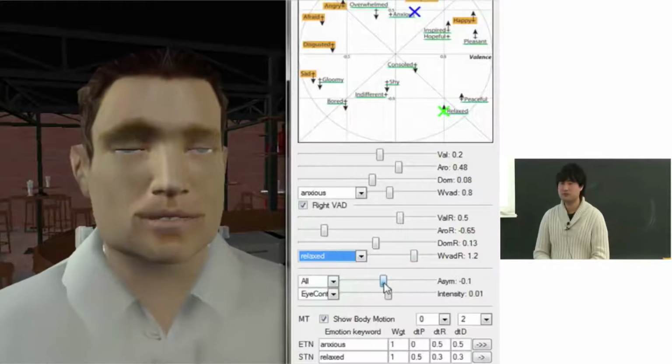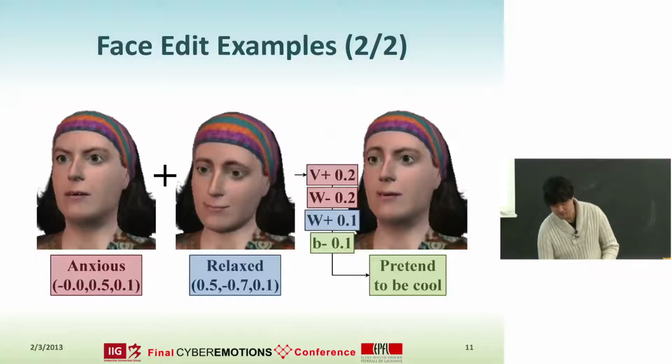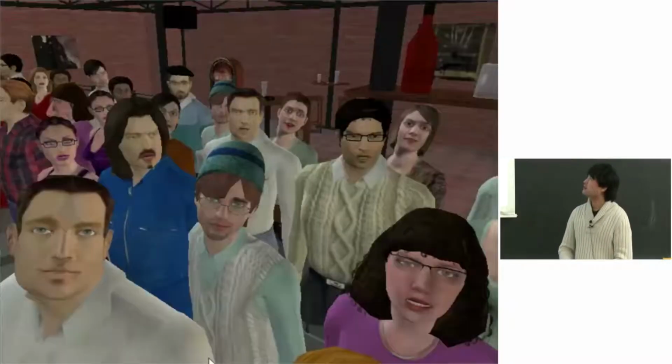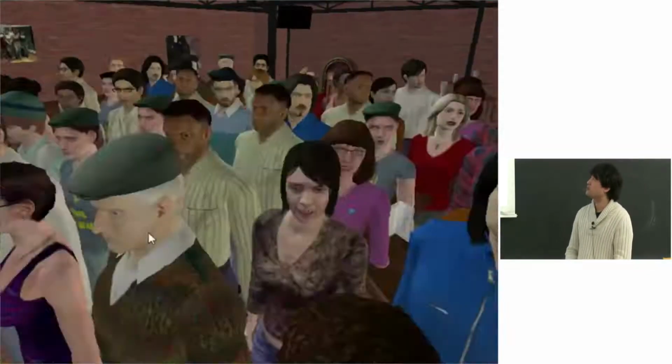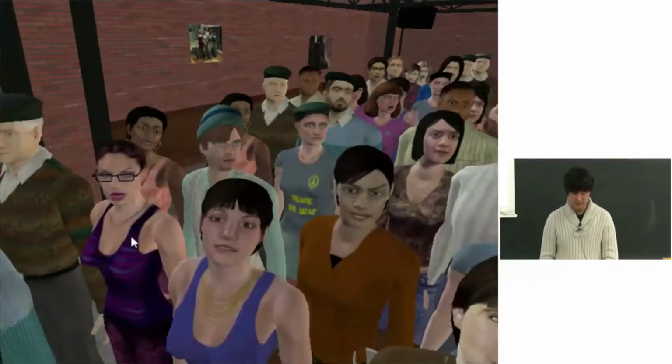But as you know, emotion is very subjective, so we need some kind of evaluation and validation process to know if it works well or not. As I mentioned at the beginning, our framework is supposed to be used in real time. So we tested it in a very crowded 3D scene.